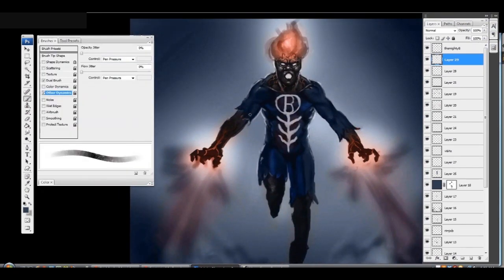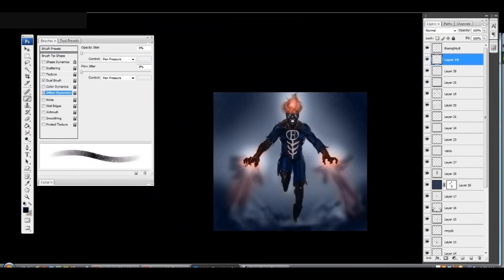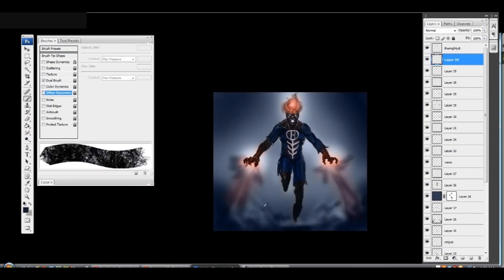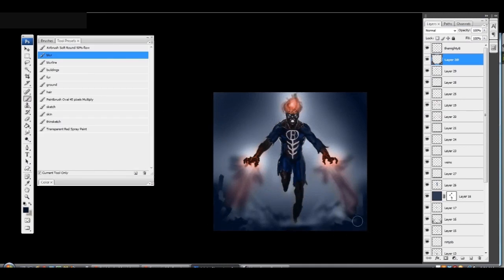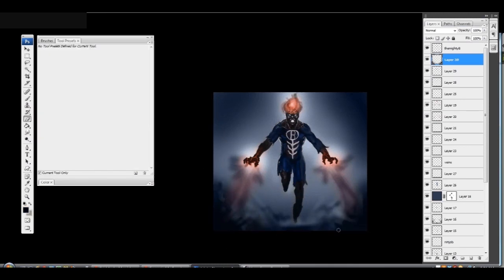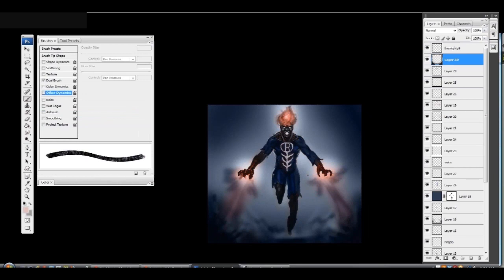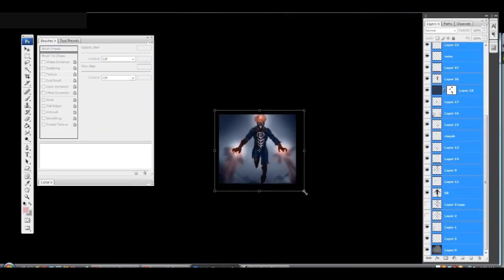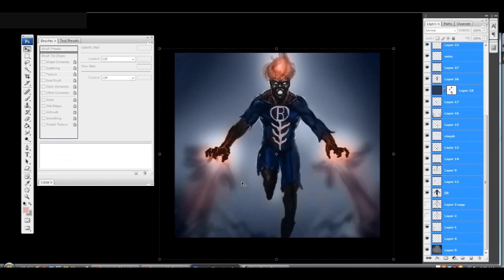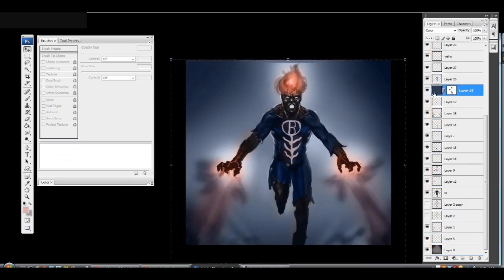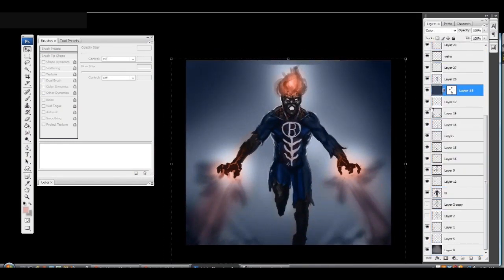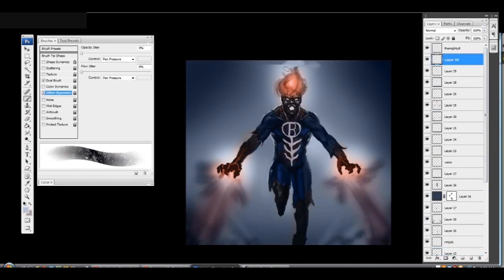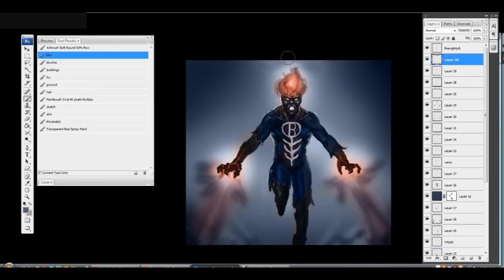Alright, now I'm just playing with the background a bit. When I did this, I didn't want to focus too much on the background. I didn't want your eyes to wander around that much. I wanted you to focus more on the actual image, actual Brand. So what I'm doing is enlarging the image and cropping it more towards his body. And now I'm starting to go in and add